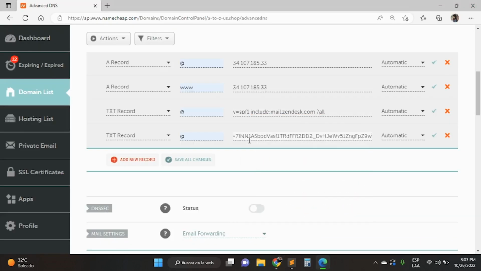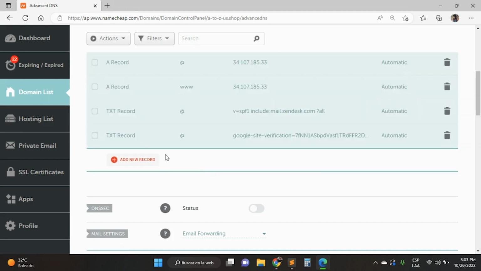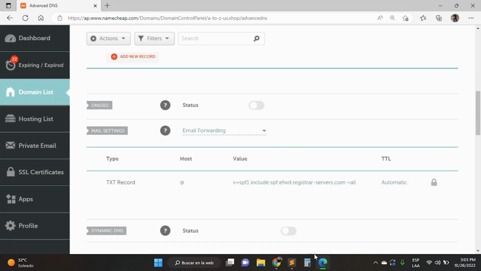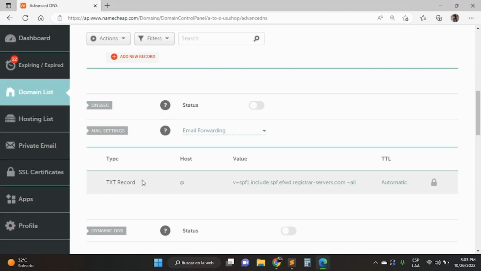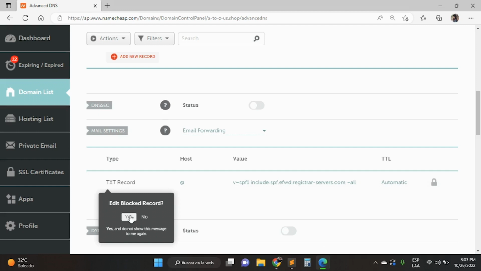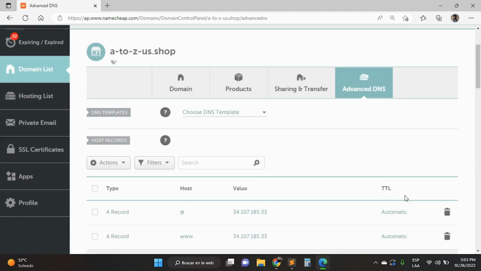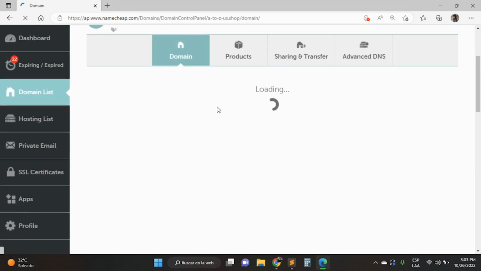In this section, you will see the configurations of your domain for the DNS records and the email forwarding. For the DNS records, you should click on Advanced DNS and add the indicated records from the GearLaunch website. For the email forwarding, you should scroll down until you see the Redirect Email option. Click the Add Forwarder button to set up email forwarding from support@yourdomain.com